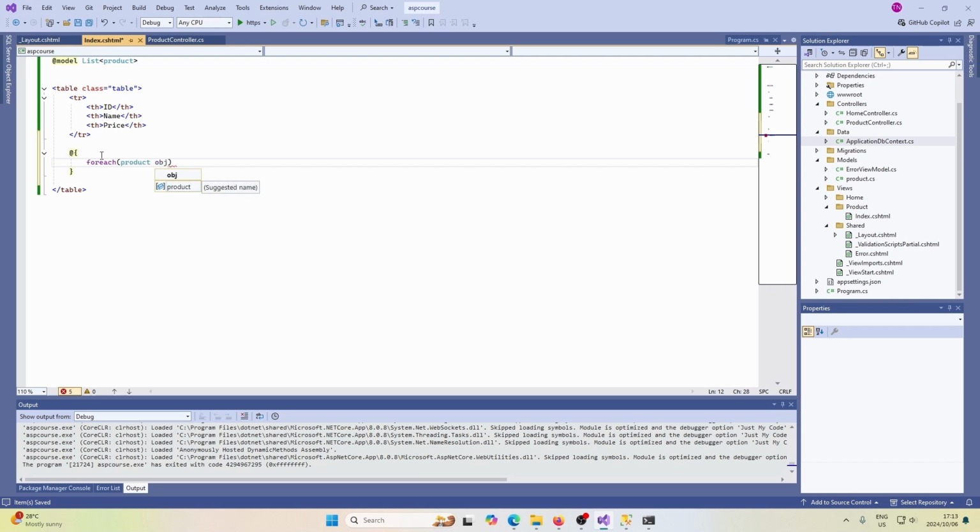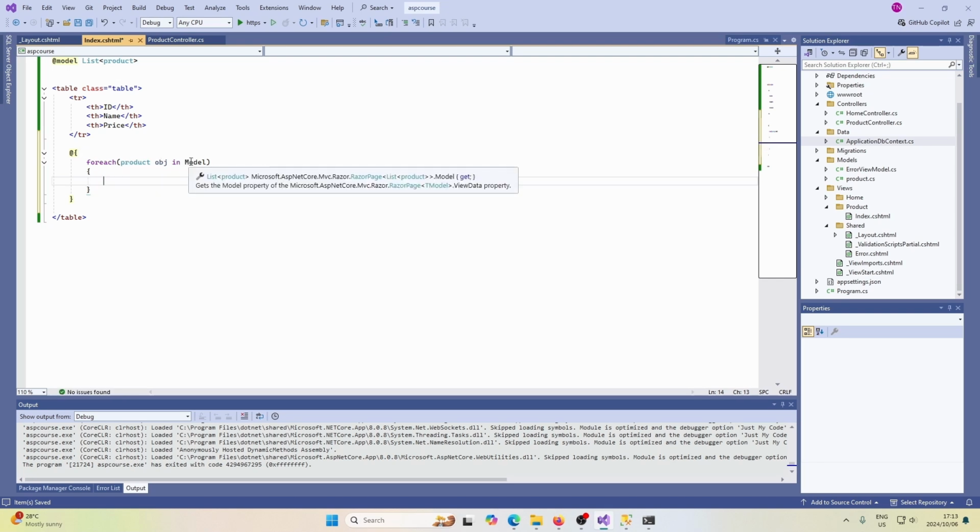We'll name the variable obj in Model. So here we're saying for each obj in model, so each of these will be one item in this model,